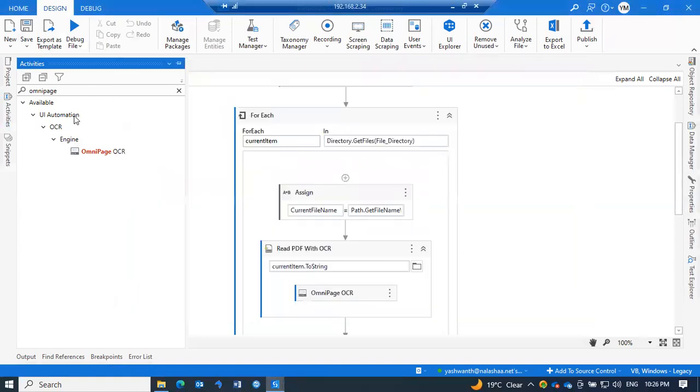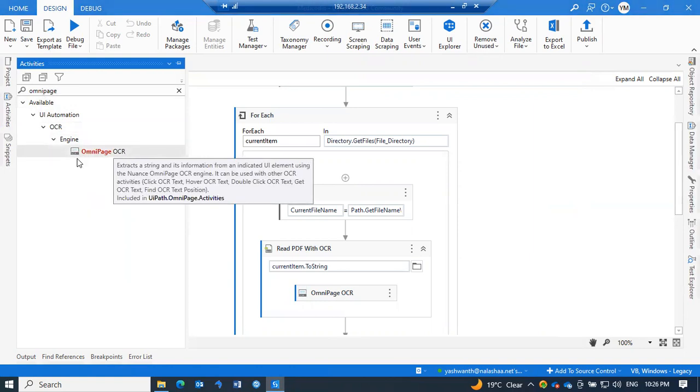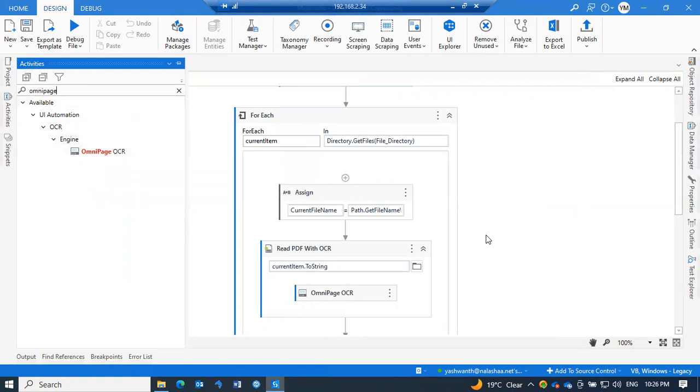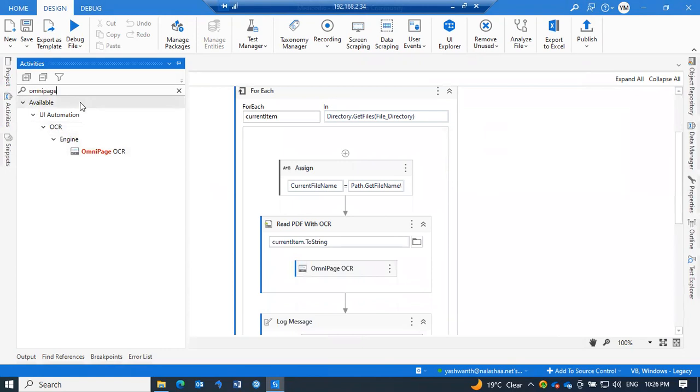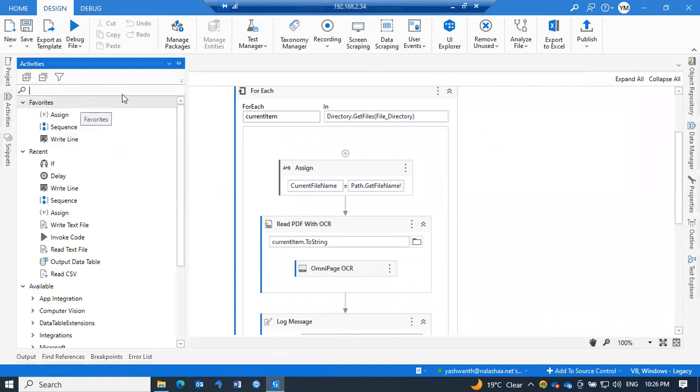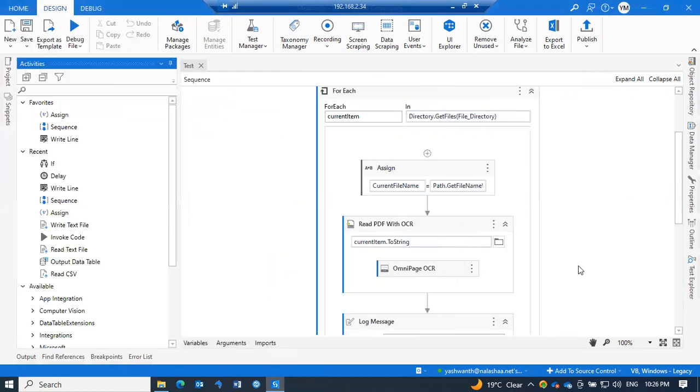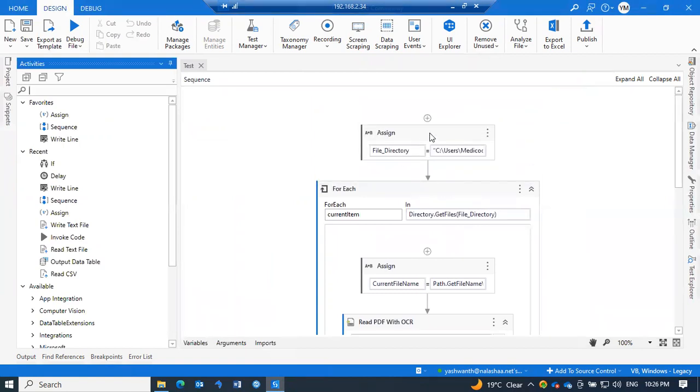After this has been installed, if you come here and type OmniPage, you will have inside this engine the OmniPage OCR. It will be displayed. Just type OmniPage OCR, correct? So if I want to execute this particular project, before going to the project I will give you a short description, a last class repetition but with a different project. Here I am taking a variable as file directory. Why file directory? Because I want to access the entire folder, whatever files are inside that folder. So I am accessing